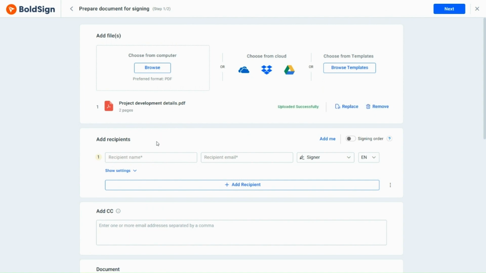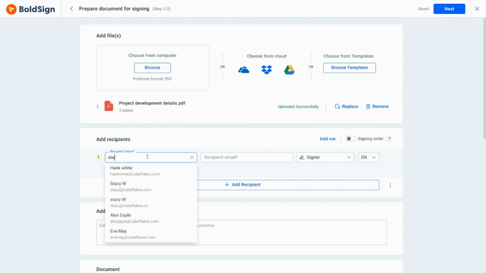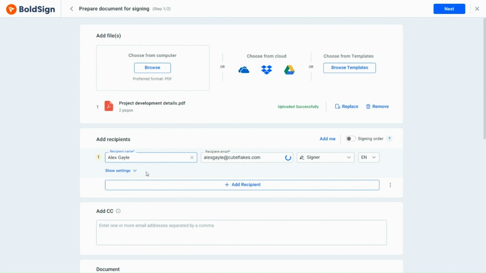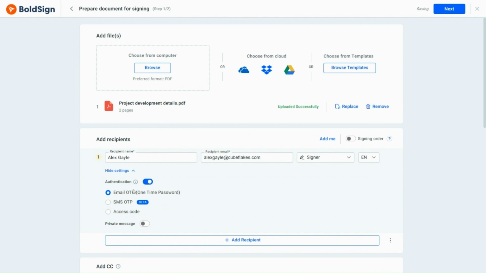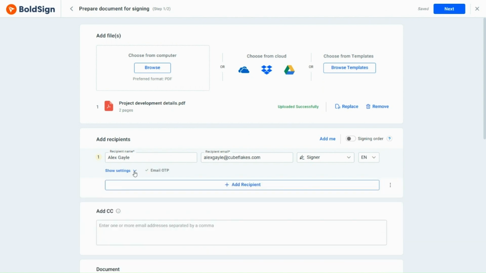And proceed to the Add Recipients section. I add the 3 recipients' details. First, I add the manager's details and enable the email OTP authentication by clicking the Show Settings. Enabling the email OTP authentication ensures that the signer can only access the document after entering the OTP that was